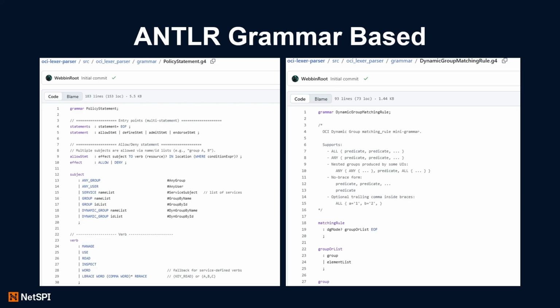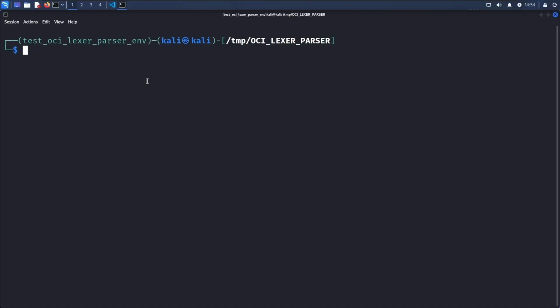I should note that this was already handled by someone else at Oracle, and I think I have it on the last slide here. They actually put out a blog post, I want to say three or four years ago, that talked about how you could use ANTLR to parse their IAM policy statements. But it didn't seem like there was any follow-up on that in terms of releasing an official tool for all users. And so I basically used that research and then built ANTLR grammars for both of the statement types.